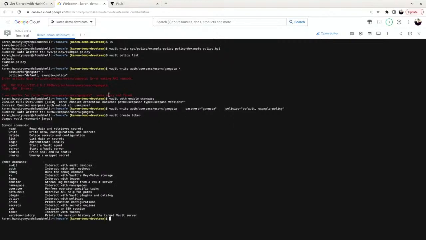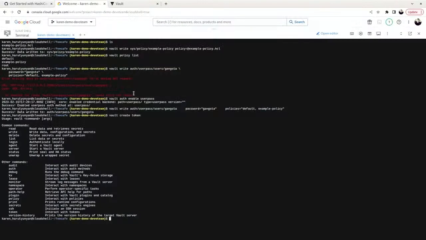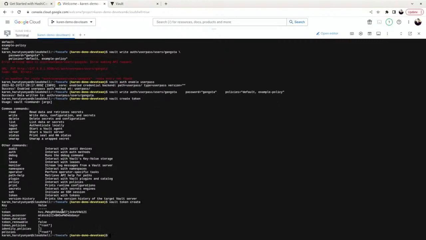What? Maybe token create? Yep. Why doesn't it have the AI to understand what I want and shuffle it? I mean, it's 2023. What is happening? Yeah, change it, man. Doesn't help. Okay, this is my token.